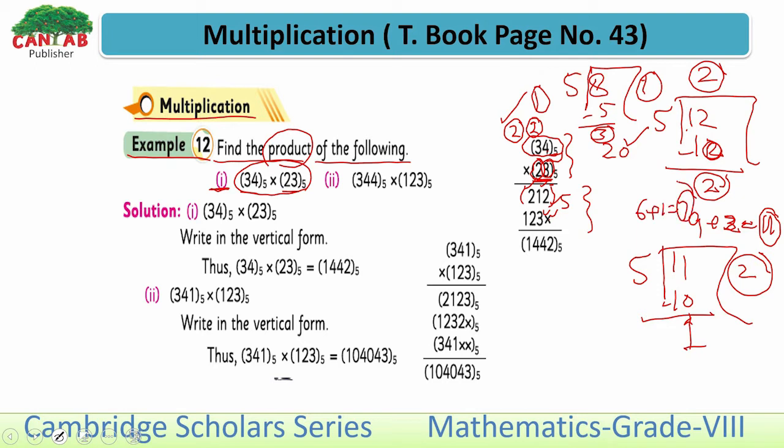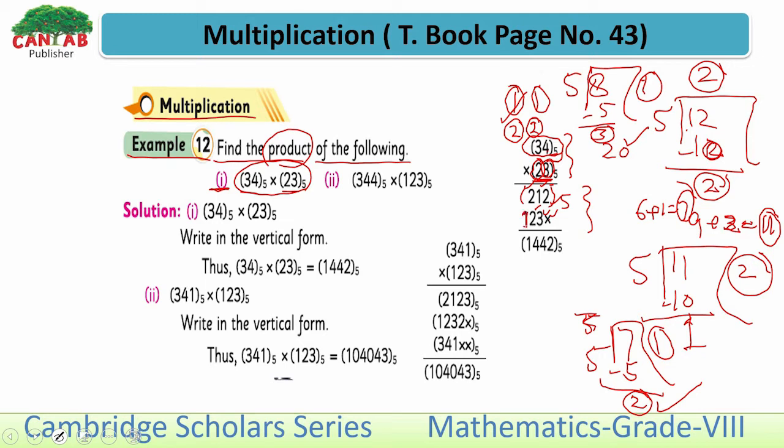Again, we cannot write 7 in the base 5 number system. So we have 7 divided by 5, that is equal to 5 ones are 5. So 1 is the quotient and 2 is the remainder. We write 2, that is the remainder, and carry the quotient to the next column. So then we have no number left to multiply. So we write 1 as it is here.